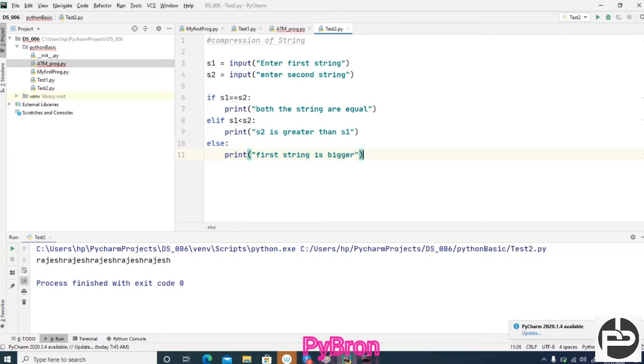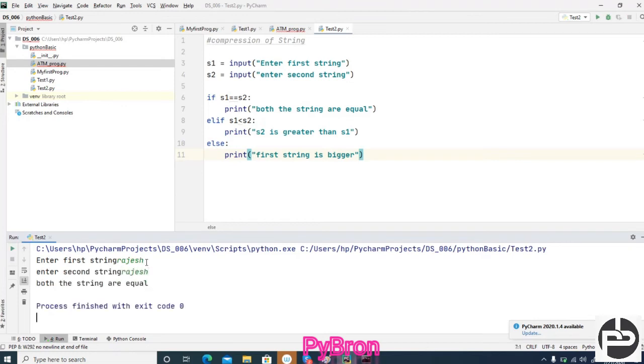But this concept is not available in Java. This is one more difference, because in Java string was a class, but here everything is an object. So let's suppose for first string I am passing Rajesh, and for second string also Rajesh. So yes, both strings are the same.